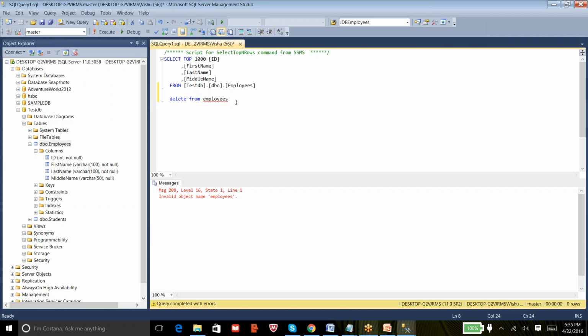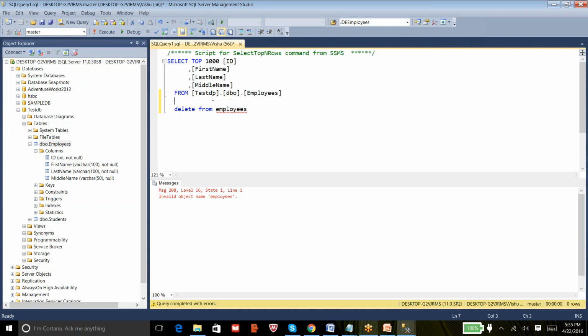So there are two ways to resolve it. Either use the fully qualified name for this also. So what you can do is you can just copy this and paste in front of the employees. This is the one way you can do it. And the other way is just switch the database from master to test. Both ways will work. But please do remember, whenever you execute any queries, make sure that you are executing on right database. So I can still keep it in master and now execute this query.